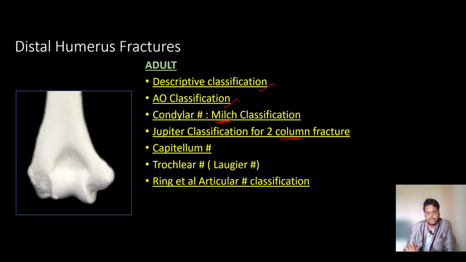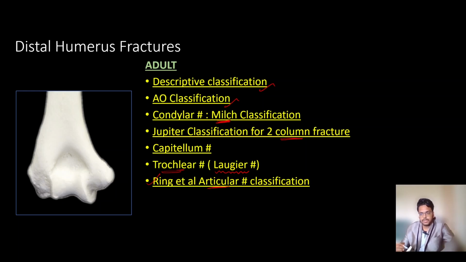It is not a classification, but the other name for trochlear fracture you must remember is log ear fracture. The log ear fracture is also called the trochlear fracture. Okay. And finally, the articular fracture classification is given by Ring et al. We will discuss each of these classifications in detail, and we have also included pediatric classifications, which are most important